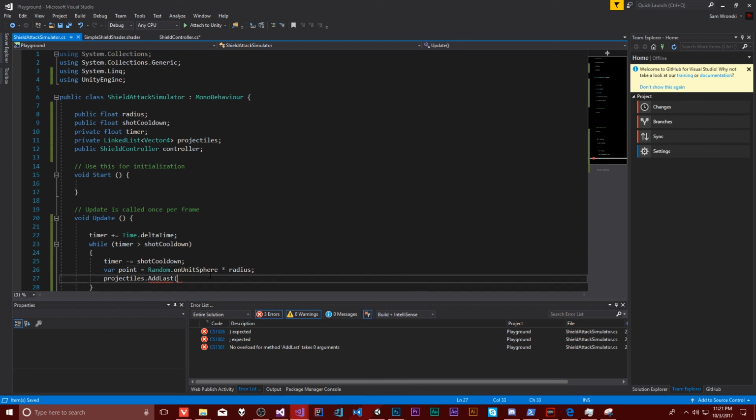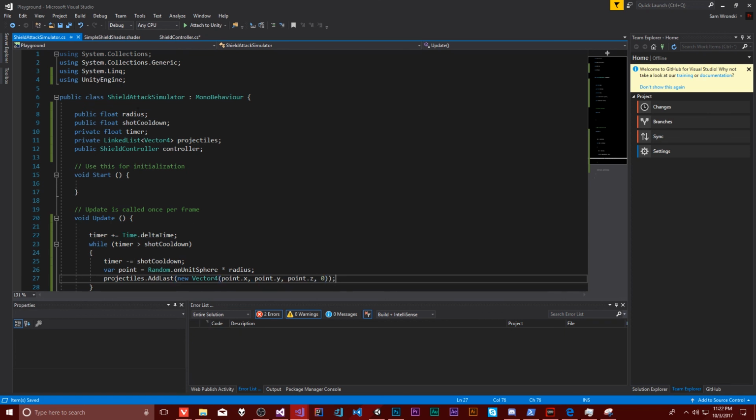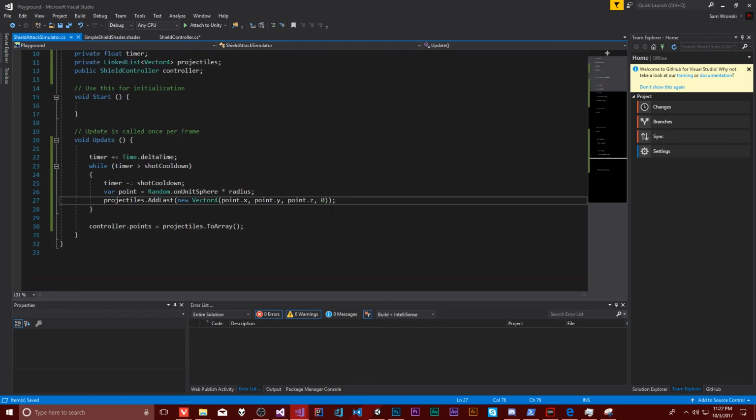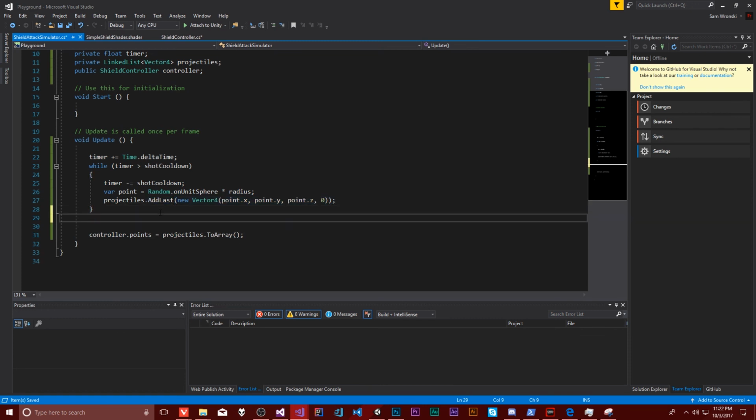Then we have to turn that into a vector 4, because we need point x, point y, and point z, but we also need 0 for the initial time. That should capture our point and the time that we're going to send. And then the final bit that we need to send over,